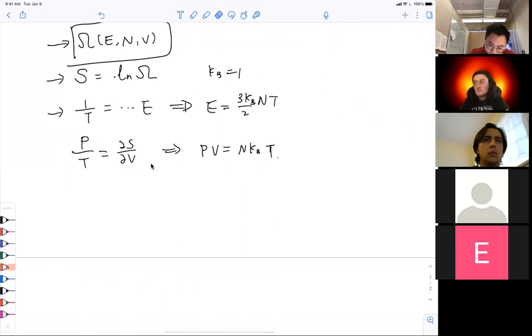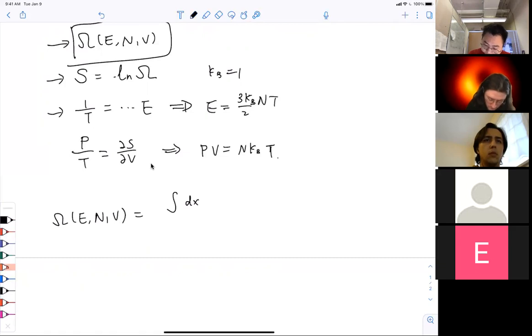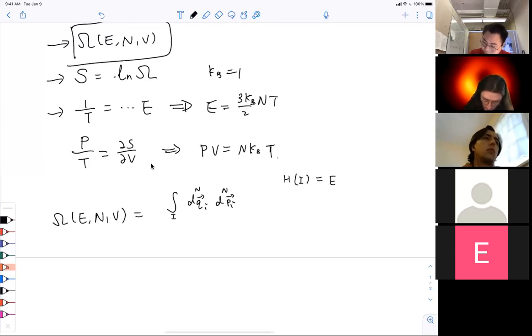Okay, so omega of E, N, V equals what? It equals the volume of the phase space corresponding to energy E. So the integration region is this. In this region, the energy is E, right? That's the constraint. And divided by the volume in the phase space corresponding to one state, which is h